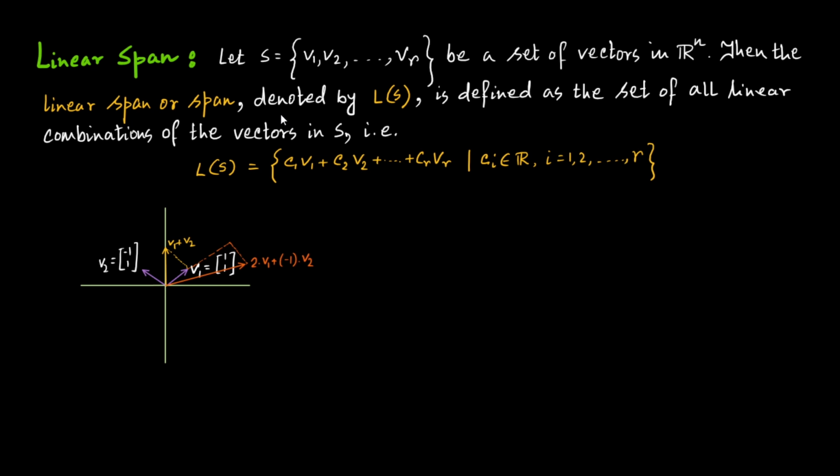Now let us consider another linear combination, say minus 2 into v1 plus 1 into v2. So minus 2 into v1, that means I need to move in this direction. Say this is my minus 2 into v1, plus 1 into v2 will be something like this. So my vector will be this, minus 2 into v1 plus 1 into v2. Now, in a similar way, you can find that v1 plus minus 3 into v2 will be a vector like this. In this way,